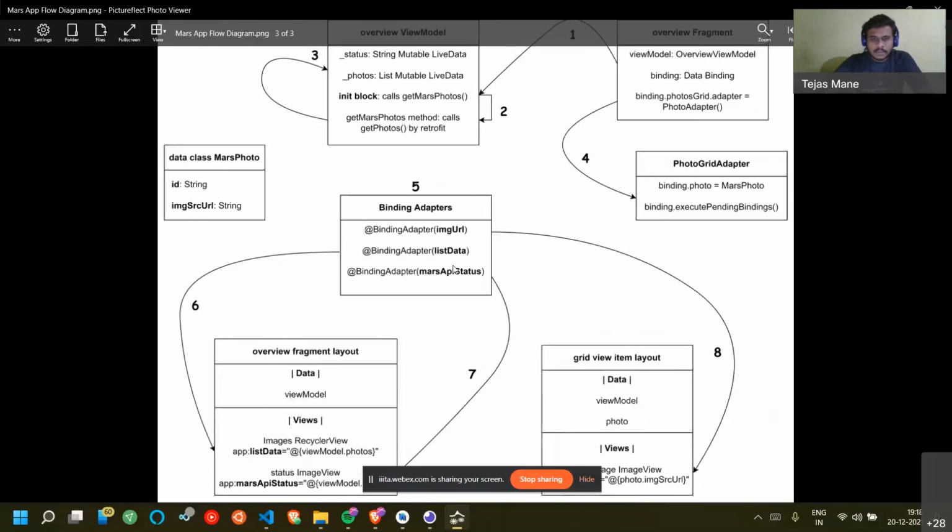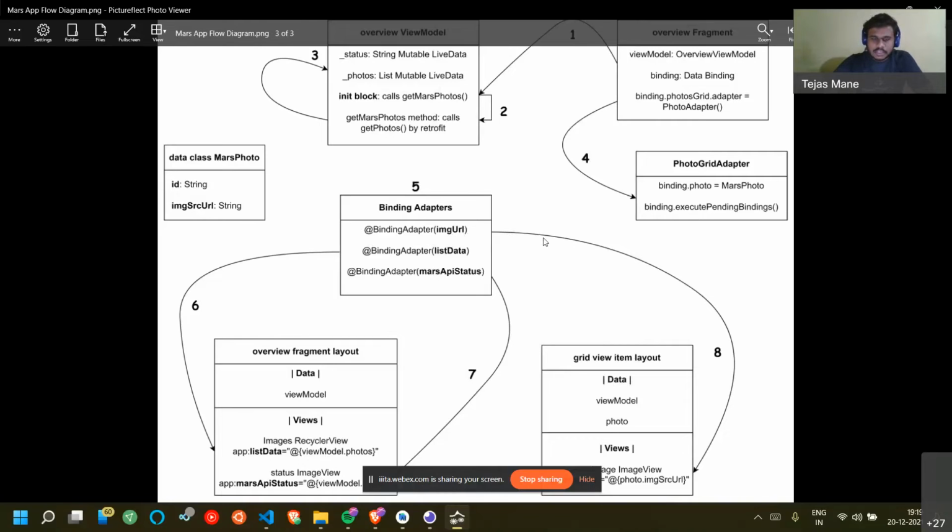So in short, what's happening? We are getting the data from the server, then the data is loaded into these variables, and after the initializing of adapters and initializing of this binding variable, these bindings are generated, which will map this URL to this view, the list to the recycler view, and the status to the status image. And in these functions, we define how they will function, and how we can map this data to this particular layout files.